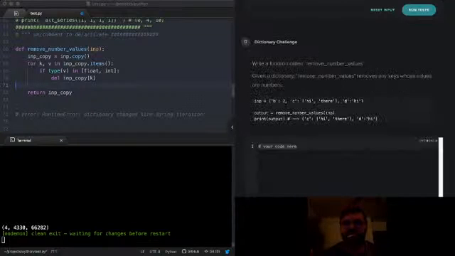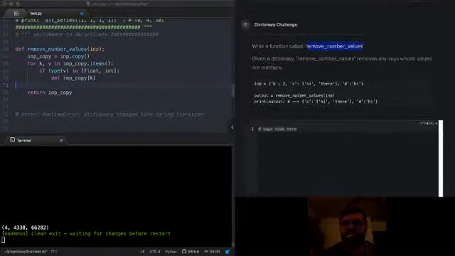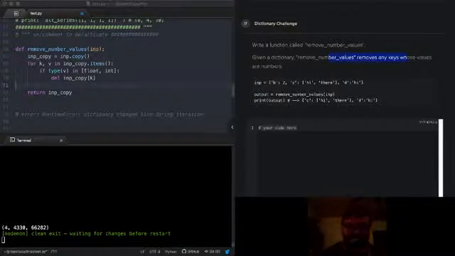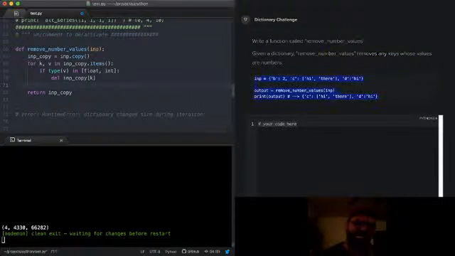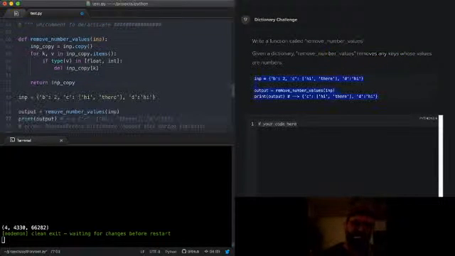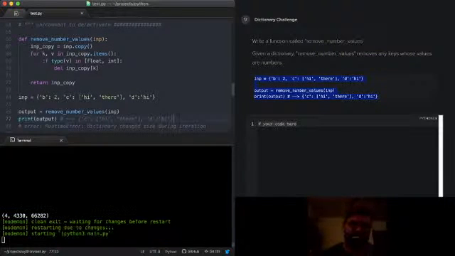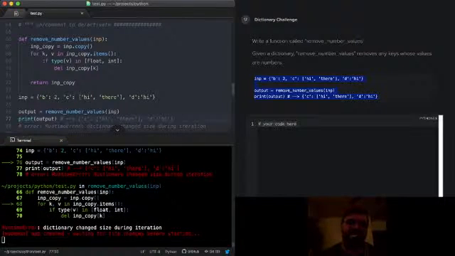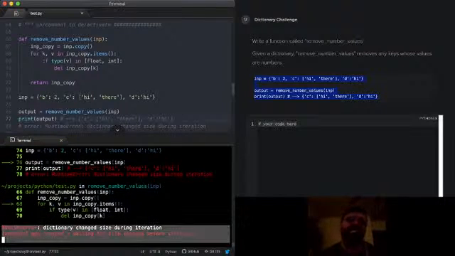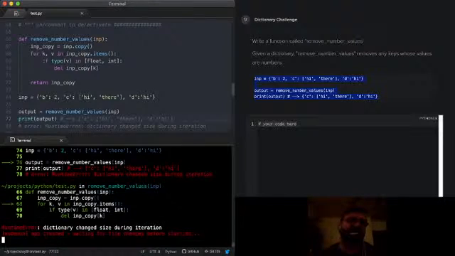All right, a function called remove number values. Given a dictionary, remove number values removes any key whose values are numbers. Oh, interesting. Good. So fortunately it gives us a little test here. All right, here's our runtime error. Yay. So let's read this code and then we'll get into this error. So we have our input,